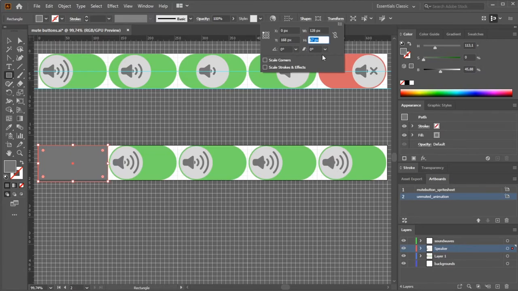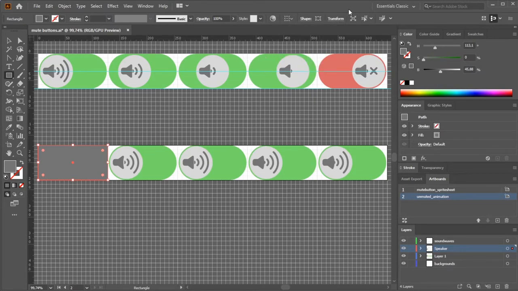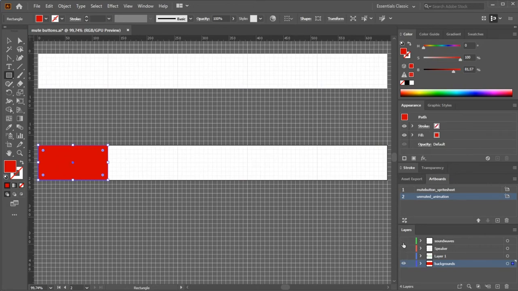128 and 64. So this is a nice background, and I'll select a red color and just make sure I move it into the backgrounds. So this is my first background, and I'm just going to turn off everything else, and then I'm going to copy this background